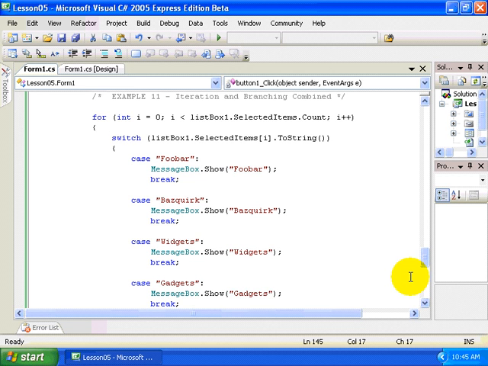But you can call it anything you want. You should just call it something that makes sense, like a counter or iterator or something along those lines. Okay, so int i equals 0. Now what I want to do is evaluate i against how many items were actually selected. So this time I use listbox1